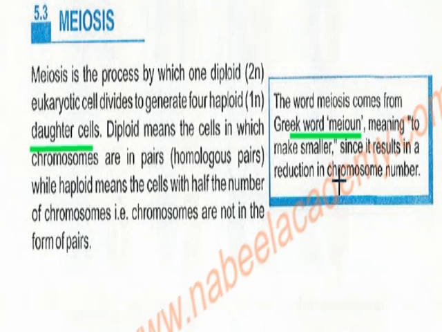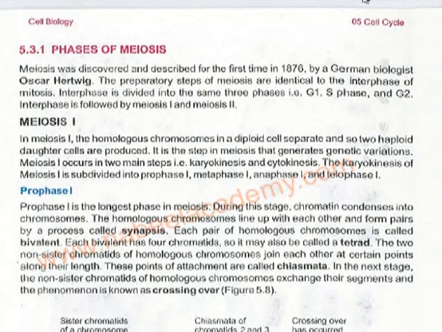It is not reduced, but at some point it is uniform, and it is again the same, the same as mitosis. Again, they become diploid. How, that we'll discuss later. Now, the phases of meiosis: it was discovered by German biologist Oscar Hertwig, and the year was